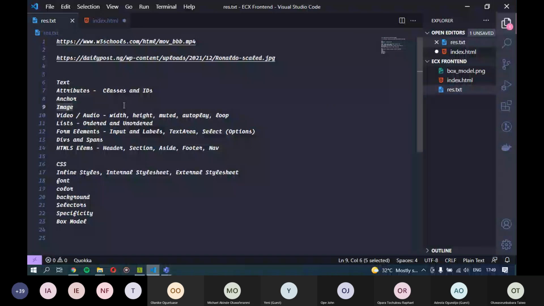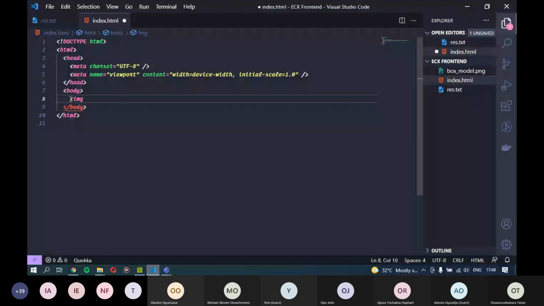Now it has two main attributes that we need to take note of. The first attribute is src, representing source. Source basically means, okay, you want to display an image, where do you want me to get this image from? That is basically what source is.